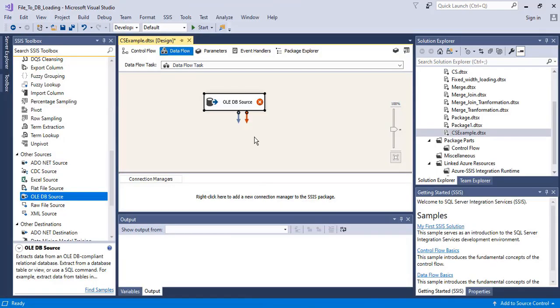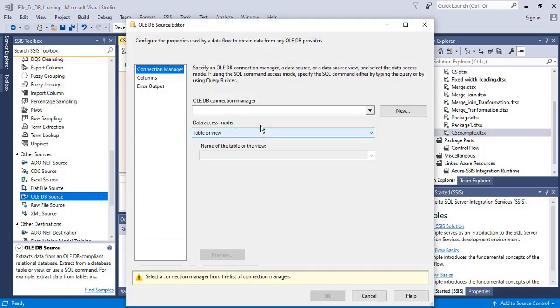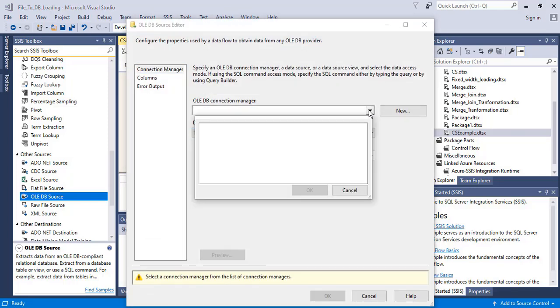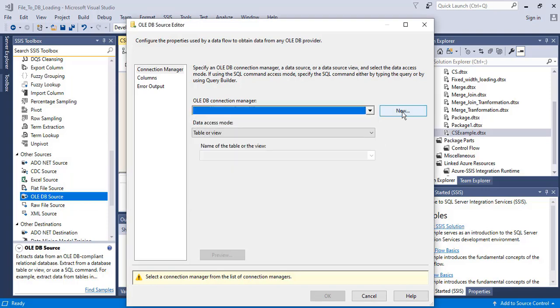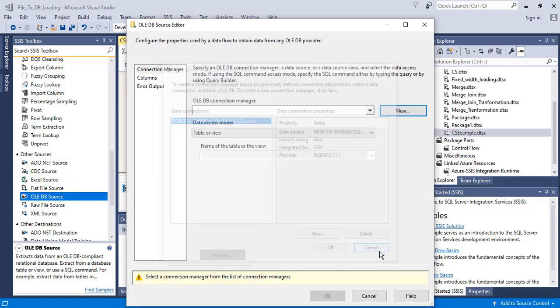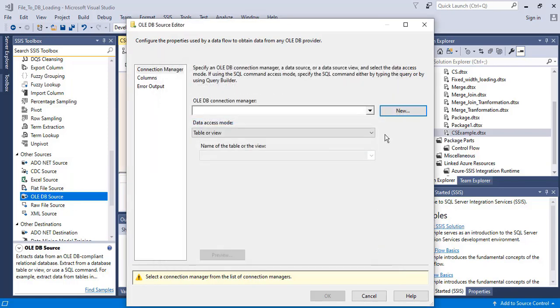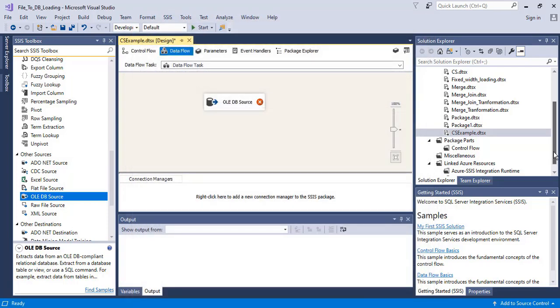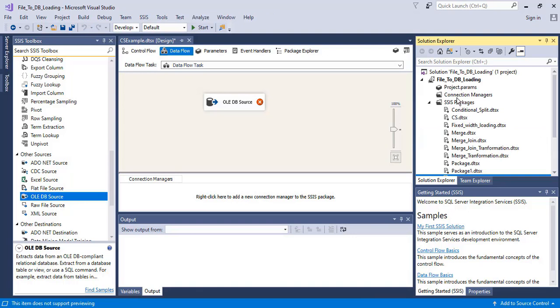What I'm going to do next is configure this. Click this. Right now I'm creating a new OLEDB connection. I don't want to create this new connection again and again, so I can create a new connection here in the connection manager.